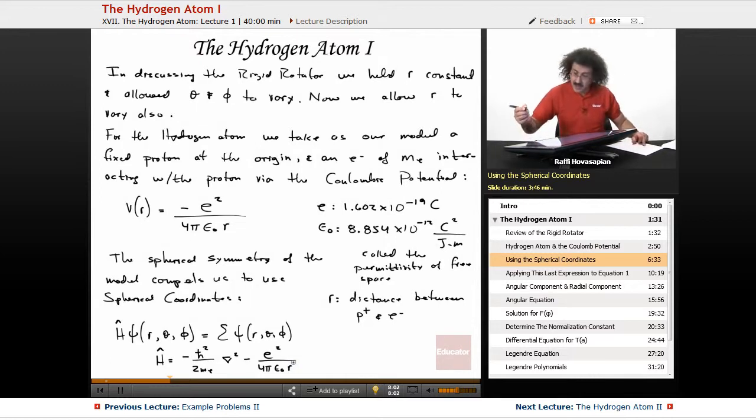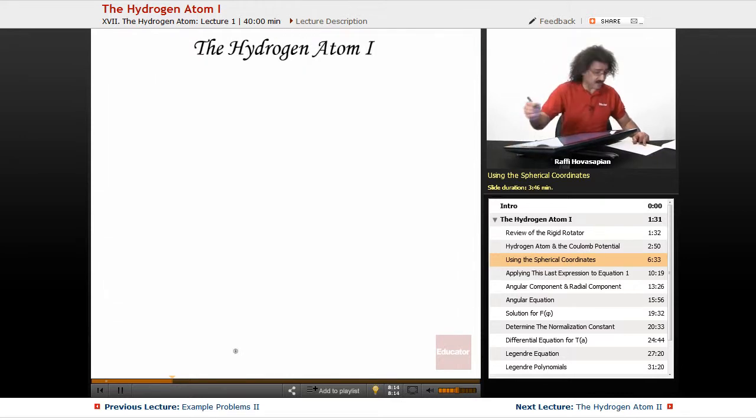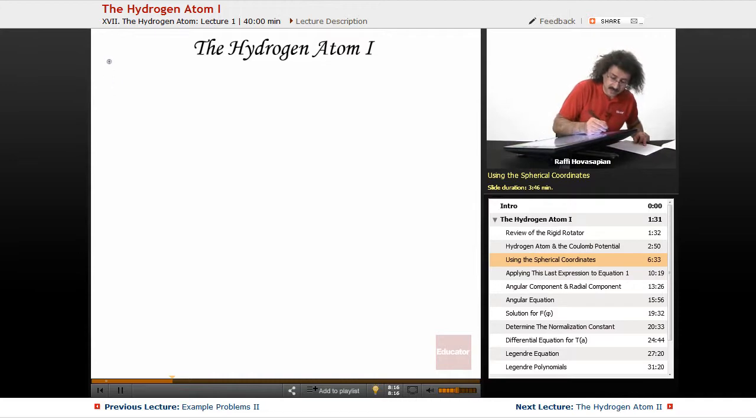Okay, now let's go ahead and, so we know what del squared looks like in Cartesian coordinates. So in spherical coordinates, it looks like this. So let me go ahead and rewrite this. So H